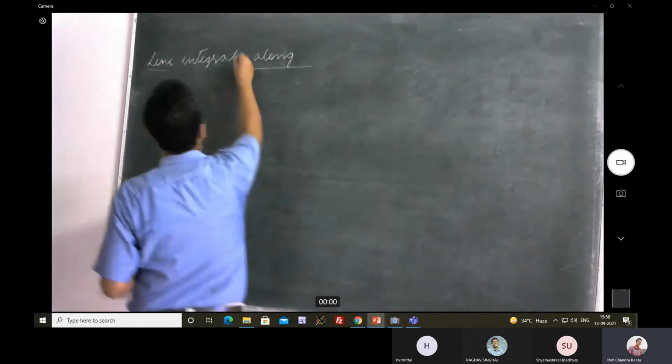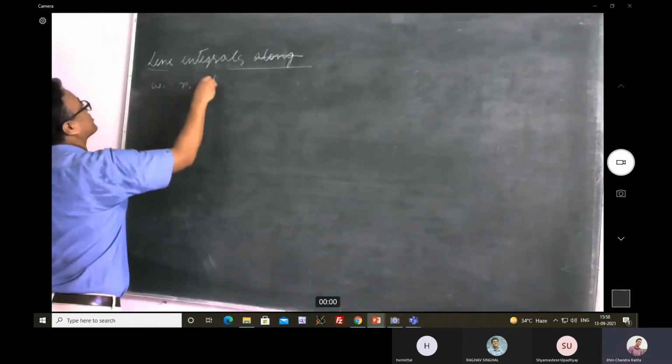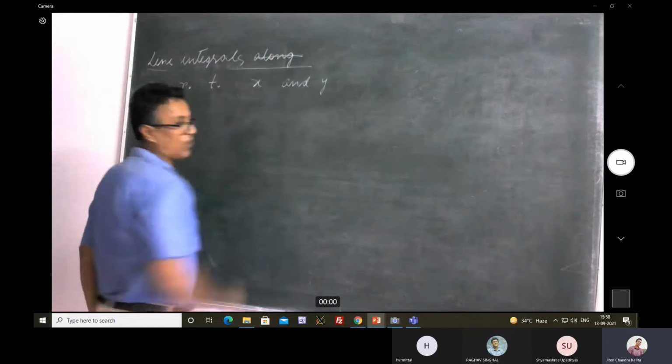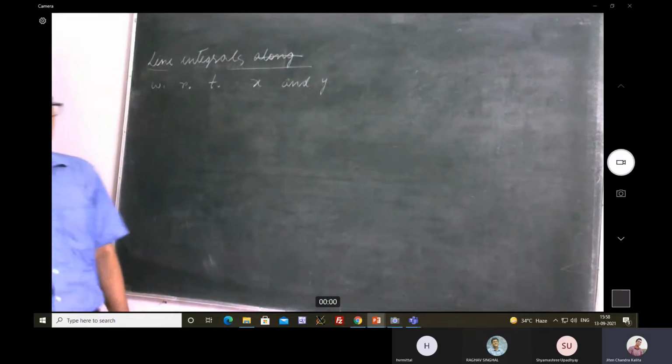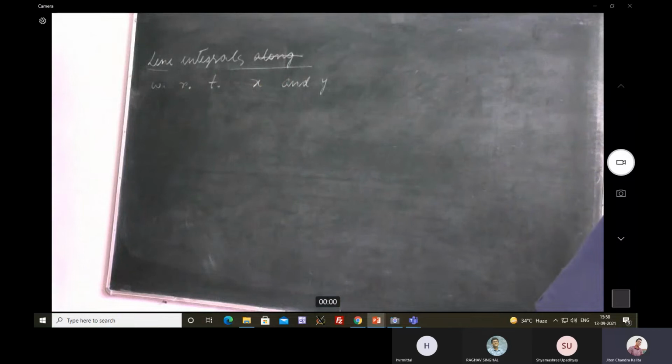Line integrals with respect to x and y. Here we are still dealing with that curve, but it is going to be slightly different. But before that, I'd just like to show you